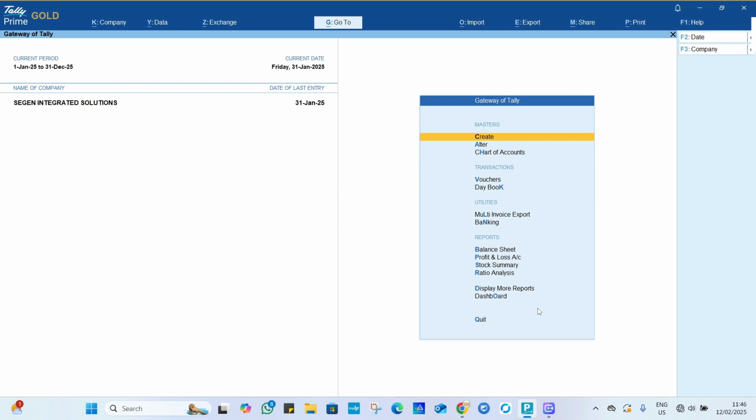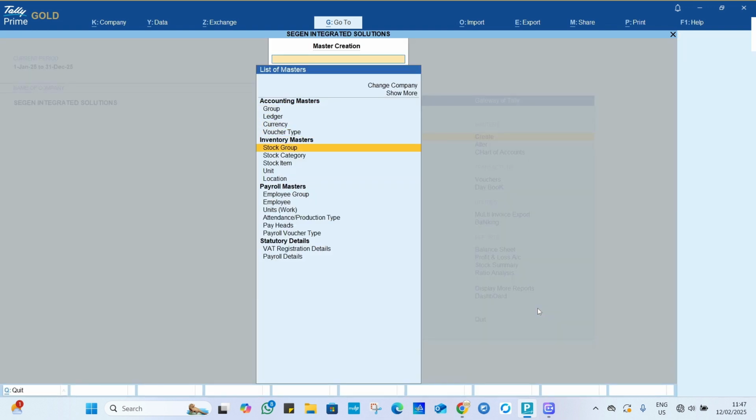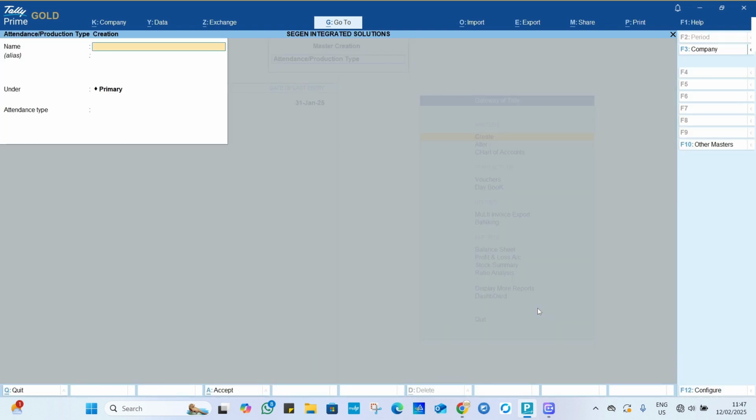In the same way, if an employee works overtime for a particular period, how the calculation should be done also has to be defined in this particular head. So I will show you how to create the different types of attendance and the overtime heads. We will go to create, we will go to attendance and production type. We will create a head called